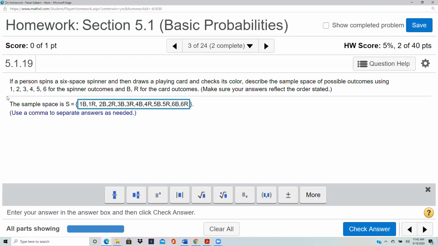And the order is very important, which means that you can't write this point as B1 because that would